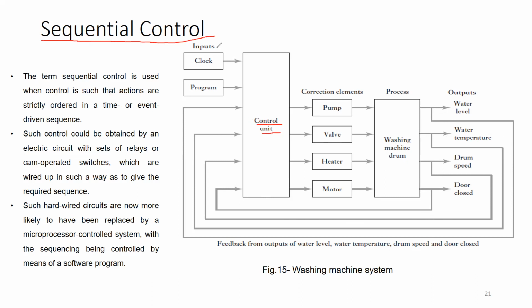And additional parts which are there in a sequential control are the clock and the program of instructions. That is the additional part which is there. So program of instructions was earlier also used in a control unit, as the reference value was decided through the program itself. But here the sequence is basically controlled by adding a clock. The clock will either decide that if a sequence needs to be implemented after a given duration of time or